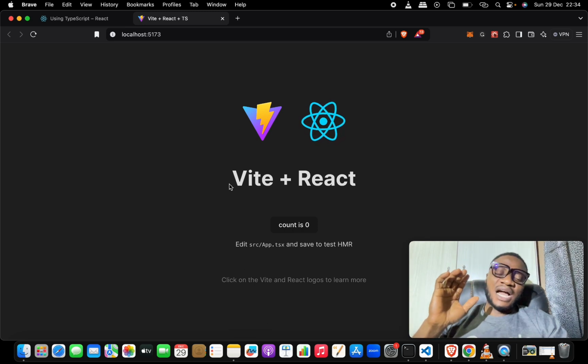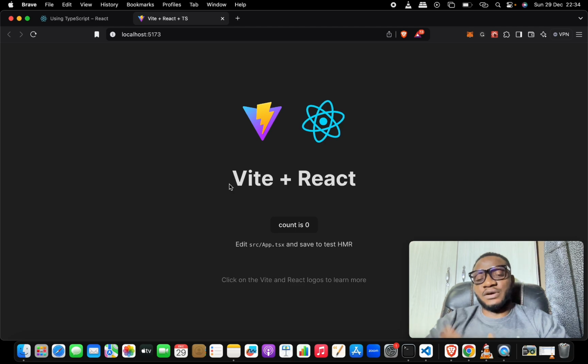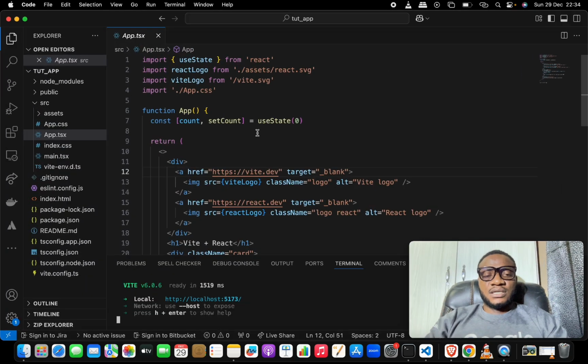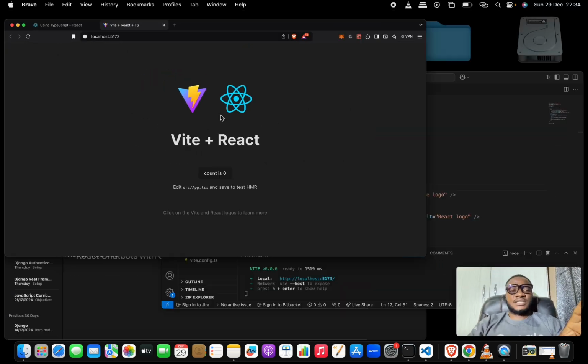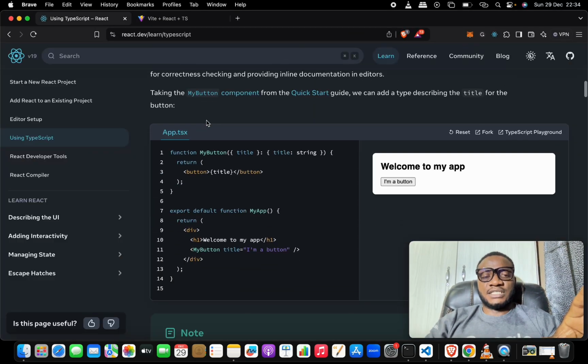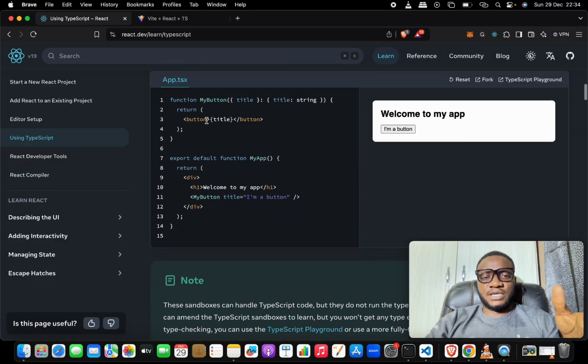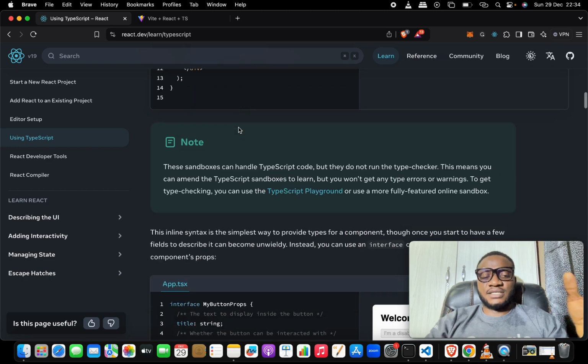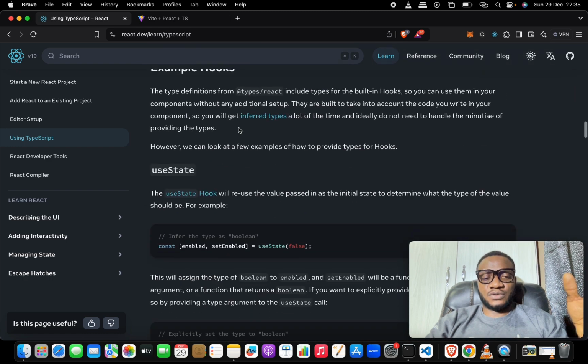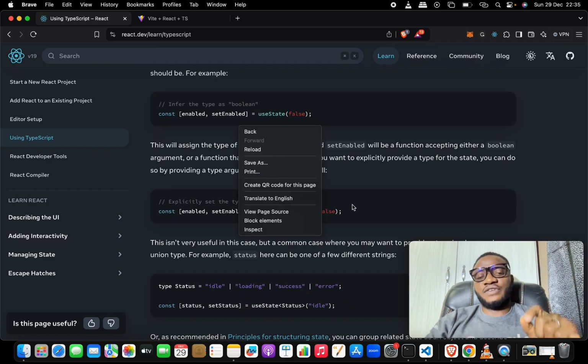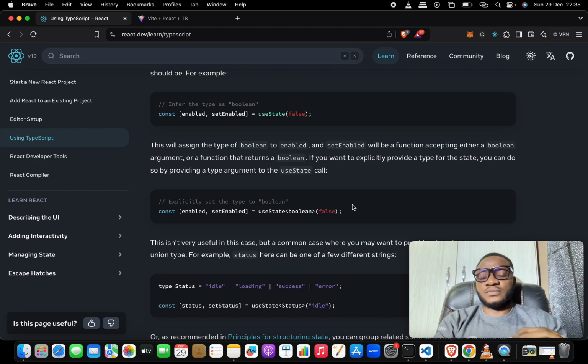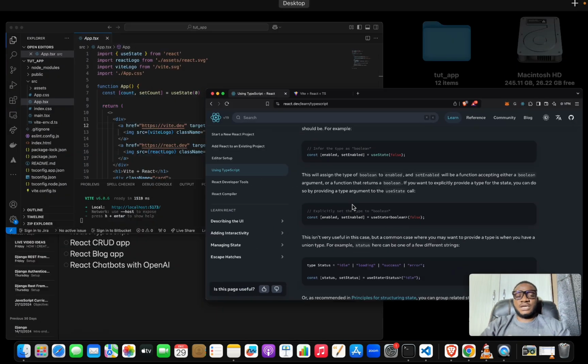So we just want to see how we can add TypeScript on top of our React here. For that, we can start by working on the states. So this is exactly what happens here. So how can you convert a state? I'm trying to see if there's anyone here. Okay, great. How can you convert a state to a TypeScript